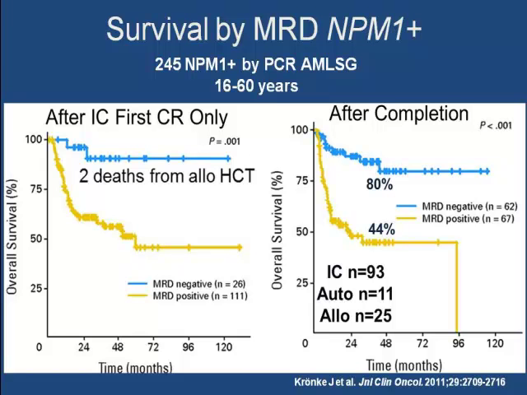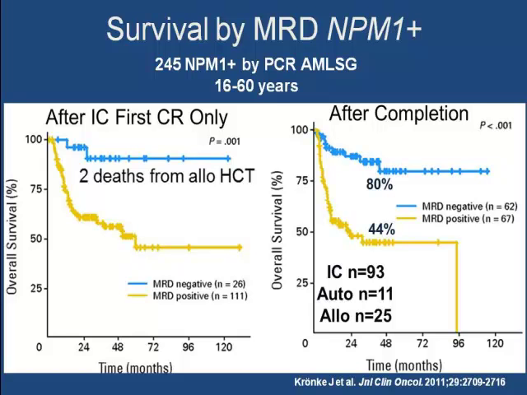Now, moving to the right-hand side, this is after completion of all therapy. So they measured not only after first CR, but after patients had completed all of the planned therapy. This was induction chemotherapy for 93, autologous transplant for 11, and allogeneic transplant for 25. So at that time point, they also measured to see whether patients were MRD negative or MRD positive. And you can see that if